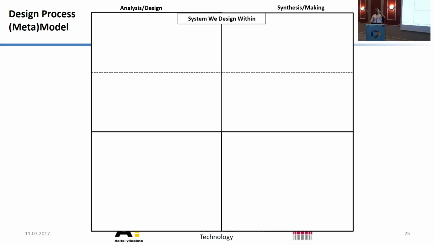The outermost is the design system we design within. That typically includes the local community, local authority, the company, the school. If a local government wants to develop a school, they have to consider the concerns, targets and objectives of the local community, what they need and why they need it. So you have to consider those aspects. All design always takes place in context. You cannot take the context away from the design space.